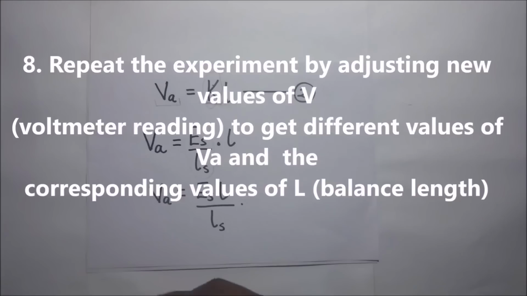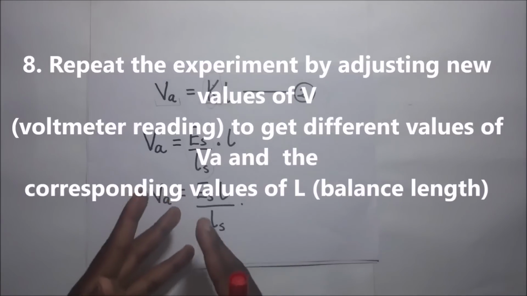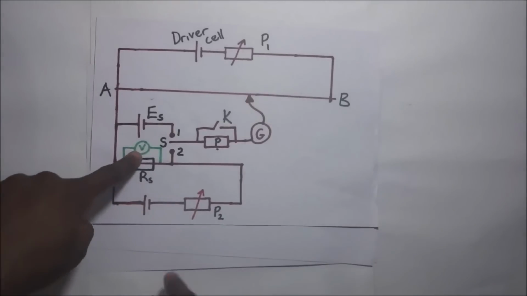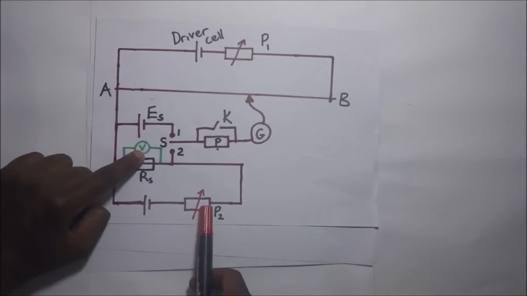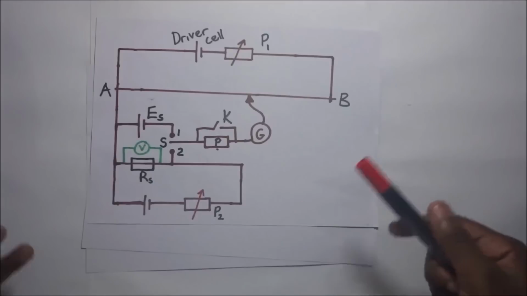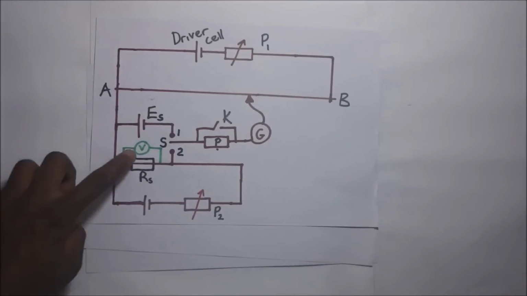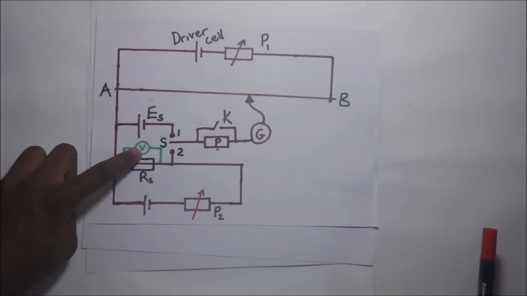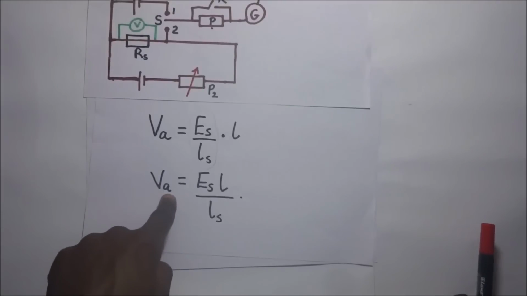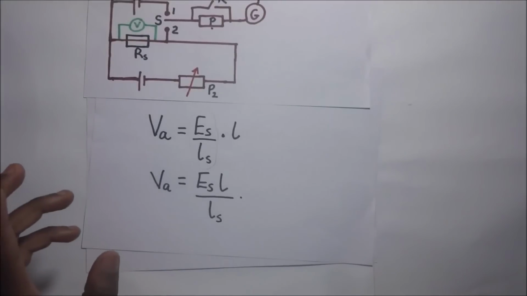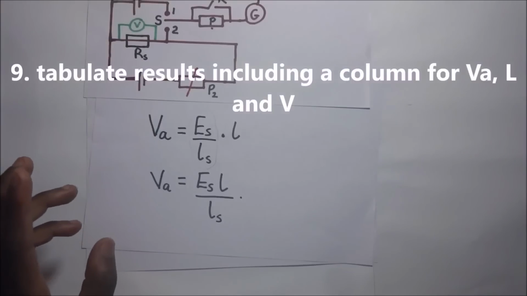So we repeat this experiment for different readings of the voltmeter. By voltmeter, I'm talking about this voltmeter. We get different readings for this voltmeter by adjusting or regulating this P2. So the experiment is repeated for different readings of the voltmeter so that we are able to get different values of VA. We tabulate our results, and in our results we shall be getting the different readings of the voltmeter V,